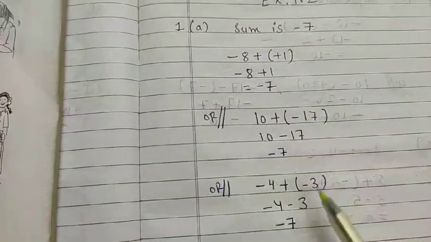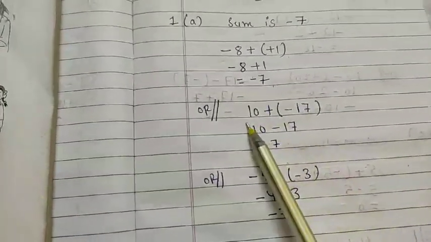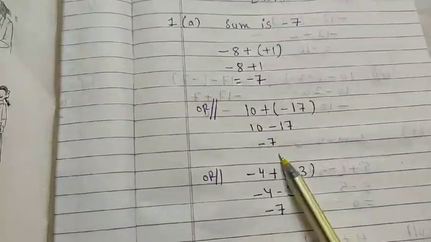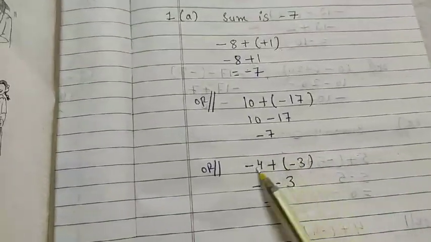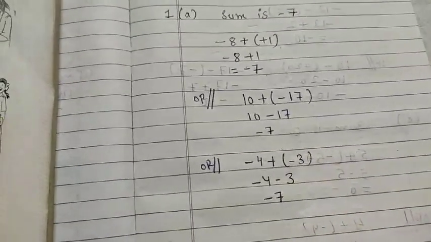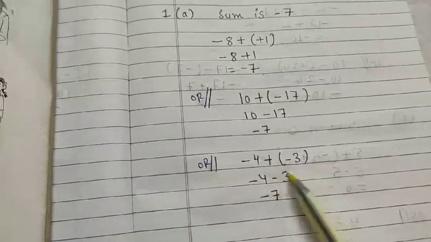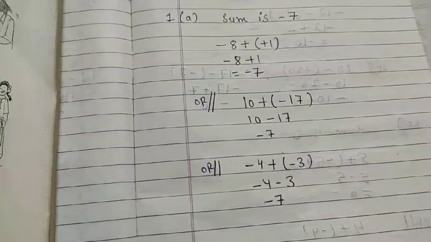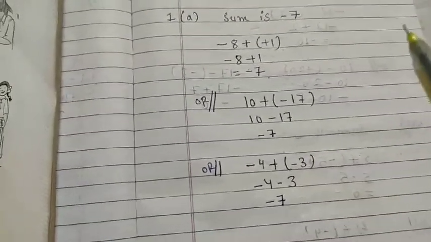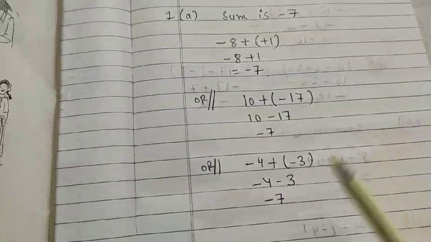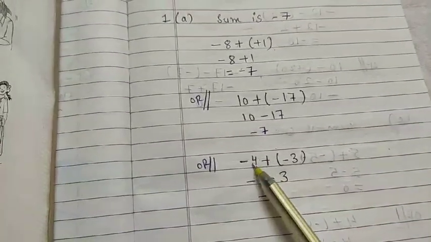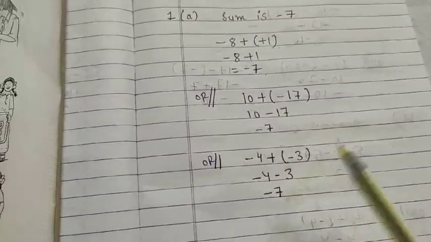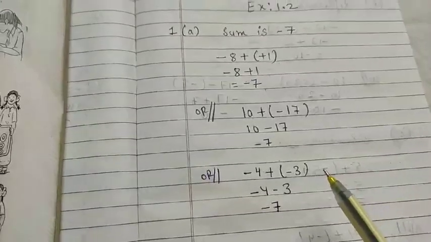I am writing 1 or 2 more answers so it will be more clear to you. Right now I am taking 1 negative plus 1 negative with plus in the center. On solving, -7. Similarly, I can take 2 negative integers also because it is not specified, and do the addition. On solving this, you will get -7. You can also take any 2 integers on your own, but you have to make sure that on doing the addition of the 2 integers, the sum should come -7. Like here, I can also take -5 and -2. On solving, that will also give you -7. Clear? Hope you understood the A part.